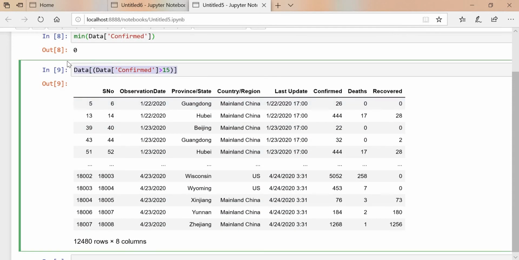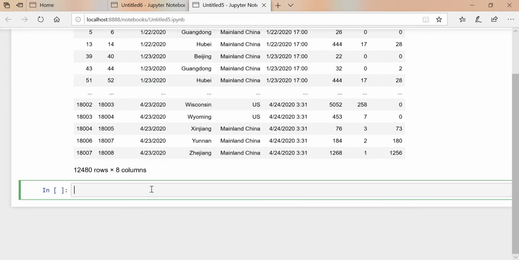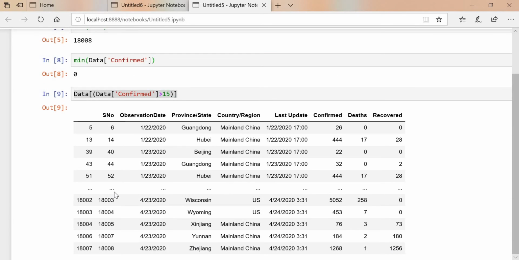We can put multiple conditions inside this. If you want to pass two conditions, you go accordingly. Just see the syntax I am writing over here. So data, then confirmed cases, suppose greater than 15, and my second condition is data, the death cases.